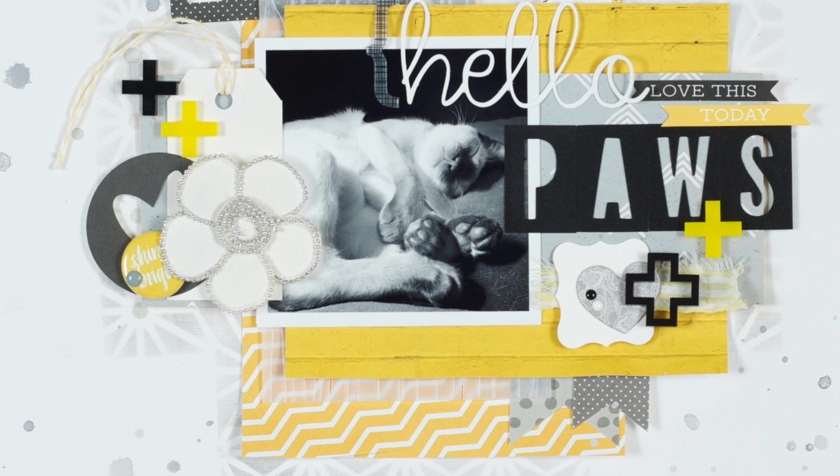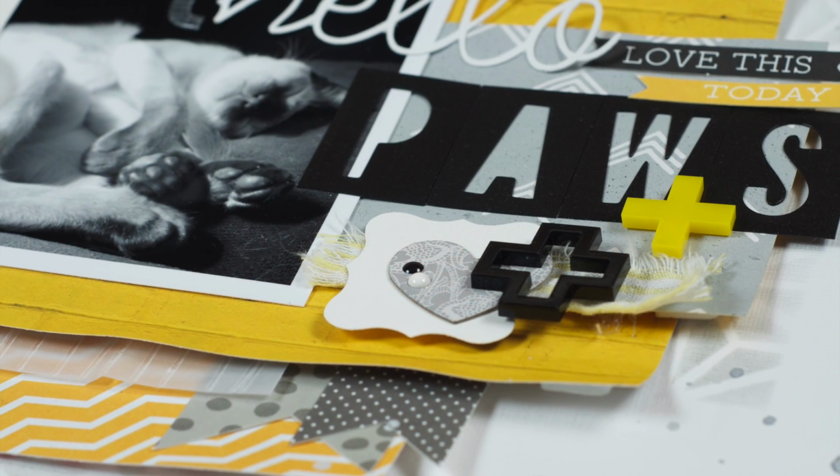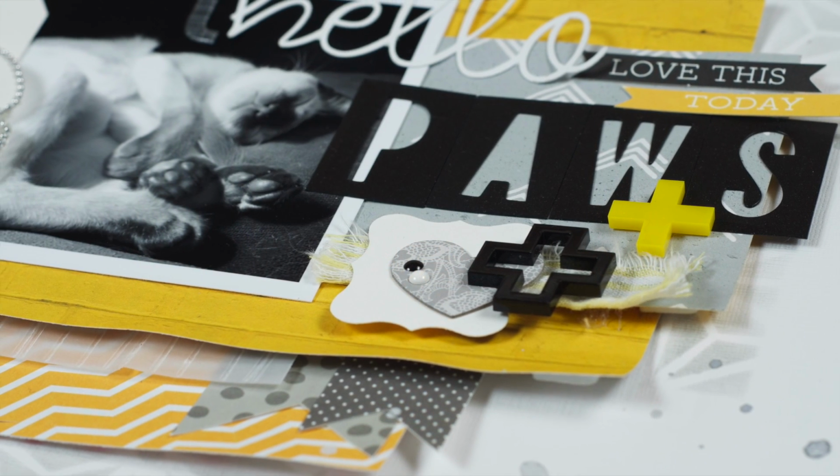So here's my photo, and the photo is more true to color. I think my video camera has a slight yellow tinge to it. So this is what the